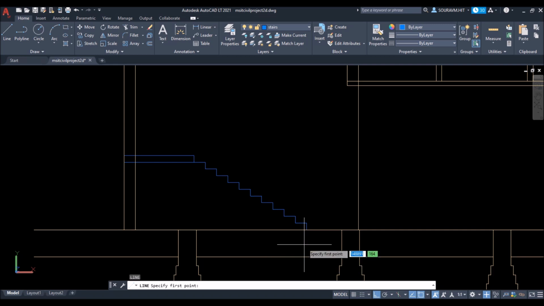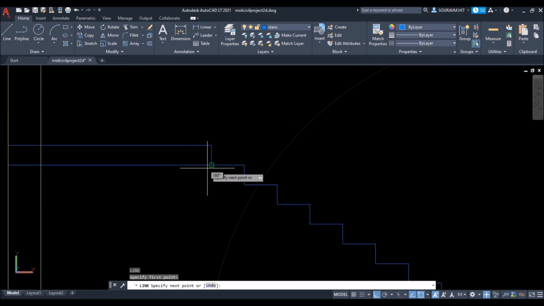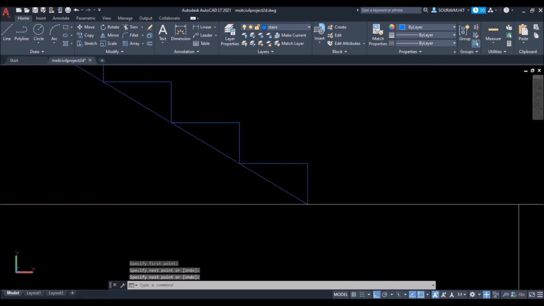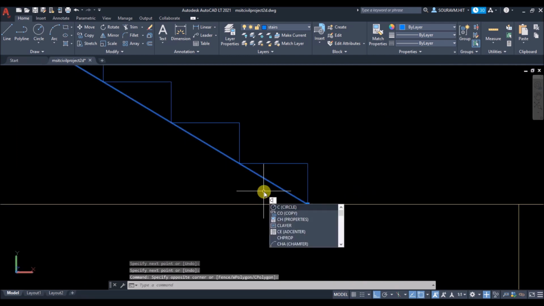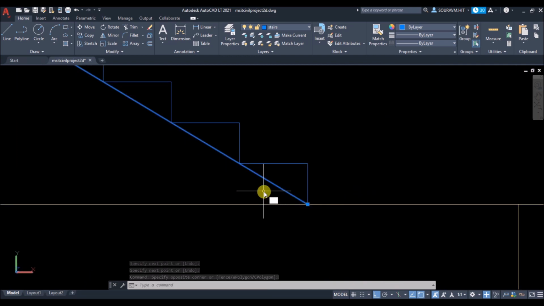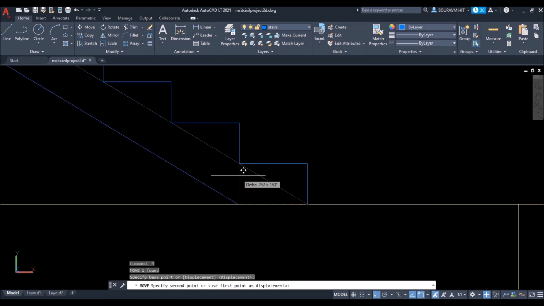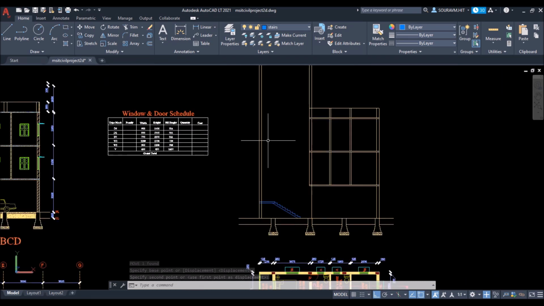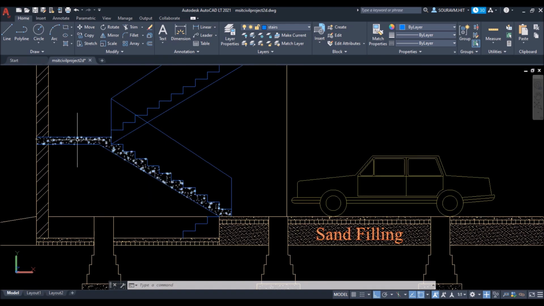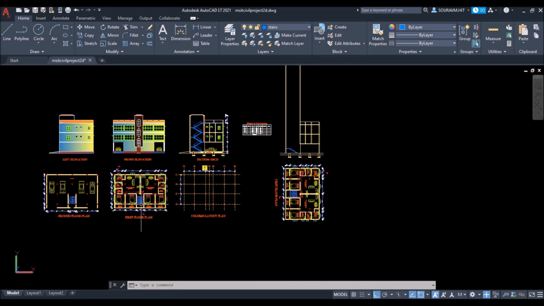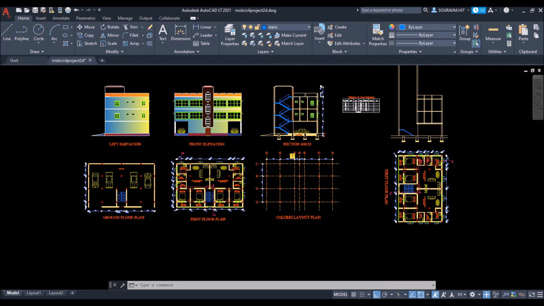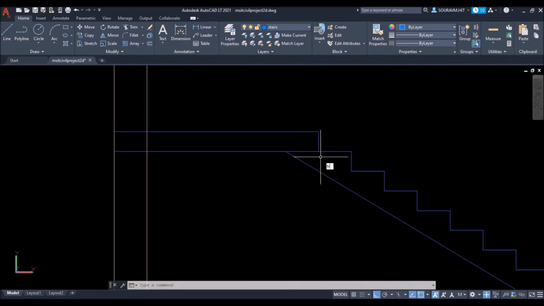Now type L and press enter and draw the line as shown. Then select this line, type M and press enter and move it towards left by 250 units. So this is the stair section, as we are cutting it like this. So trim a few lines as shown.